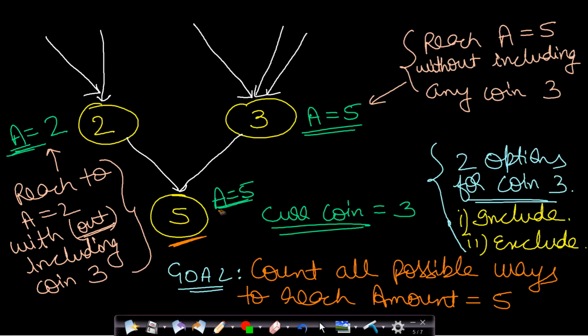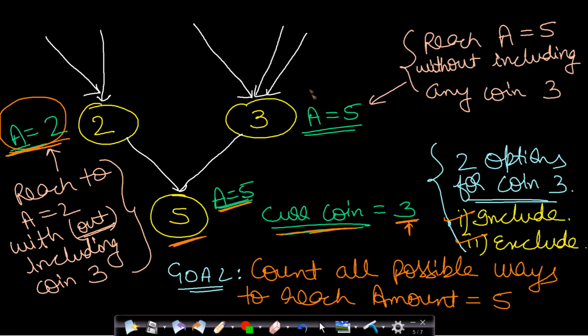So assume that we are required to find amount equal to 5, and our current coin in our recursion call is having coin equal to 3. So we have taken this coin equal to 3. Now we have basically two options, whether we can include this coin or we can exclude this coin. Okay, so there are two other values as well. So let us say this amount is equal to 2, and this means that in order to reach this amount 2, we have two possible paths. Either you include this 3 or you don't include this 3.